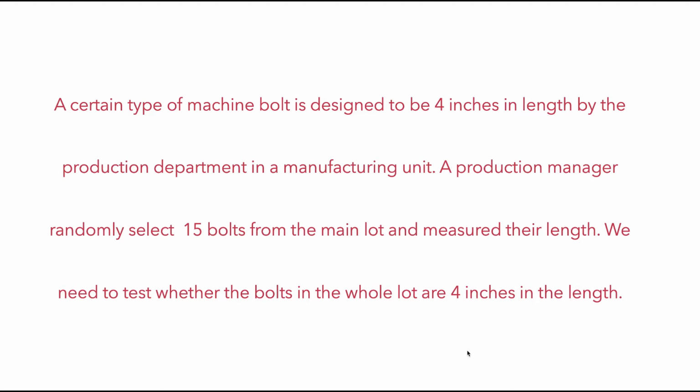In one sample t-test, the test variable is compared against a test value that is also known as the hypothesized value of the mean in the population. The test variable in our case is the length of the 15 bolts which have been randomly selected, and our test value is the mean length of the bolts, which should be 4.